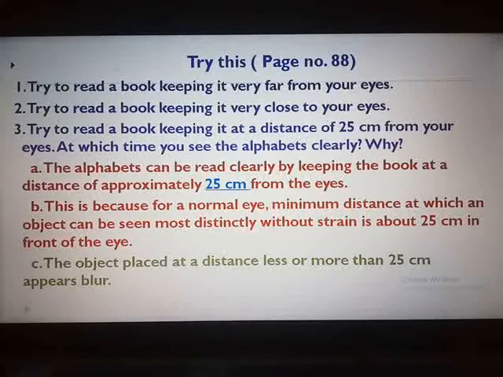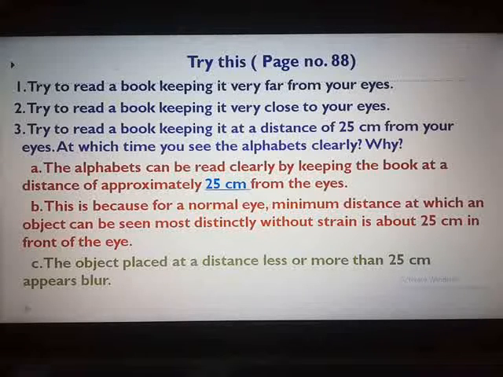Then one more thing I would like to bring to your notice is the defects of vision. I have already discussed this with you. They can give the name of any child and they can ask you that a convex, dash and dash is a child from a class who wears a spectacles with concave lens. Which type of defect is the child suffering from? Then if concave lens has been used, then you know that the child is suffering from myopia or nearsightedness. On the other hand, if they ask the child is wearing a spectacles of convex lens, then you will say that the child is suffering from hypermetropia.